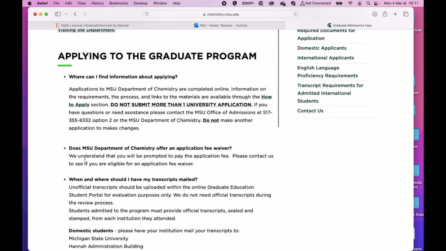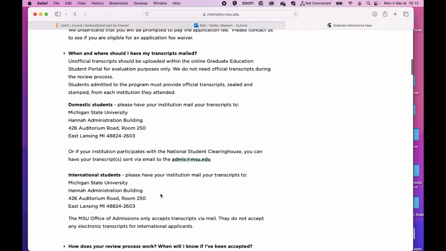And then it says, we understand that you will be prompted to pay the application fee. Please contact us to see if you're eligible for an application fee waiver. So it means that if you write them, then you may have a chance to get the application fee waiver. I would encourage you to write them an email or contact them and see if they can waive your application